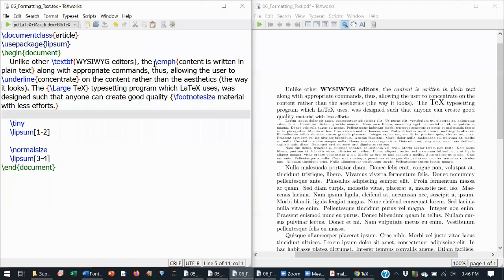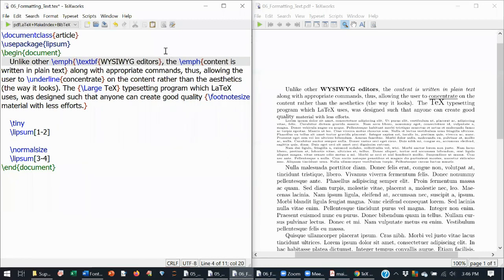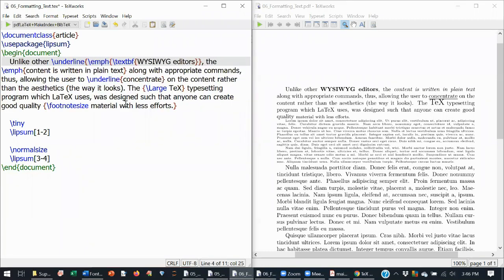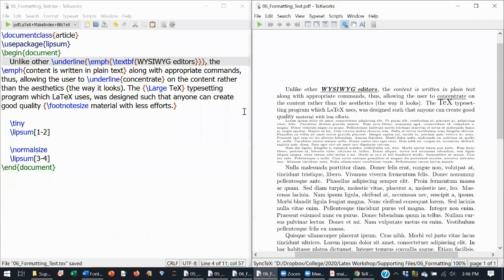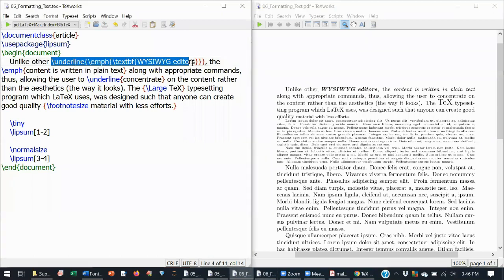If you want to emphasize this, as in italics as well as boldface, you can type \emph and put the whole thing inside curly brackets. Again, if you want to underline, you can put \underline and put the whole thing inside the curly brackets. So you can have multiple commands also. You see, this becomes bold, italics as well as underlined. This is the way you have to type.